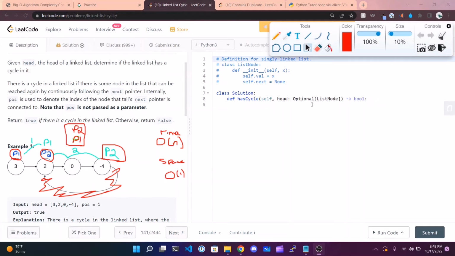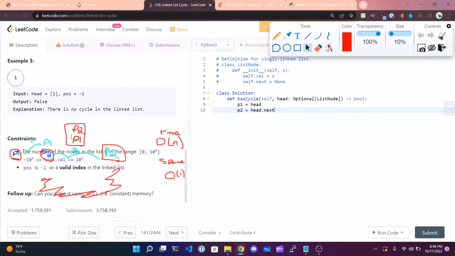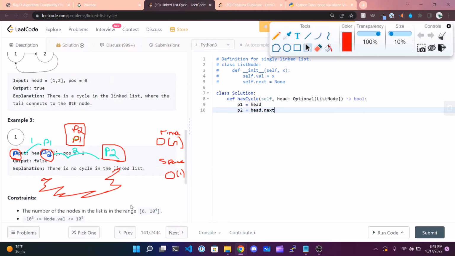Okay, so let's go ahead and try to write the code for this solution. As we have in the picture on the left, we're going to have 2 pointers. P1 is equal to head, and P2 is equal to head.next. However, I think we have to do a little bit of checking beforehand, because there's a possibility that we have 0 nodes in our linked list, or 1 node,